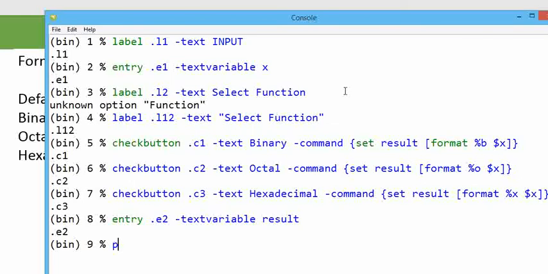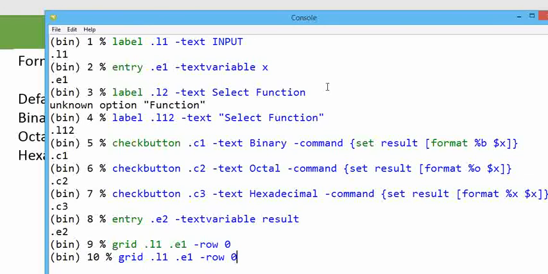I'm going to use the grid manager because it is row and column wise: grid .l1 .e1. Since I'm using the grid manager I need to use -row 0; the column will be updated automatically.